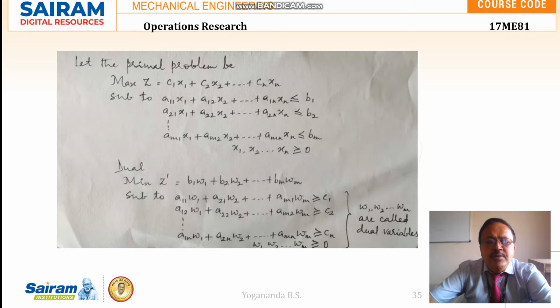Then A12, A22 till AM2 will become the second constraint. And the last one, A1n, A2n till AMN, will be the coefficients in the last constraint. So W1, W2 till Wm greater than or equal to 0. W1, W2 till Wm are called dual variables.